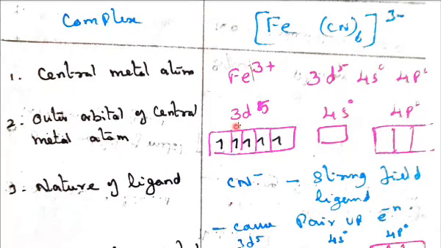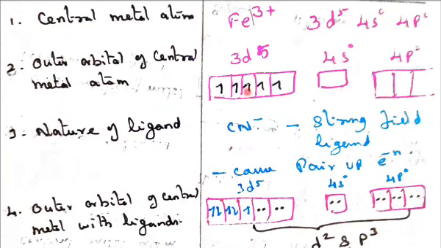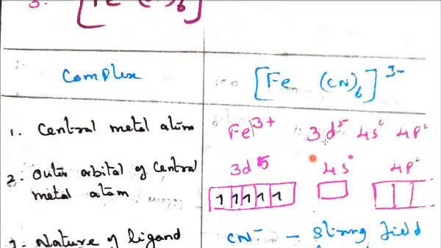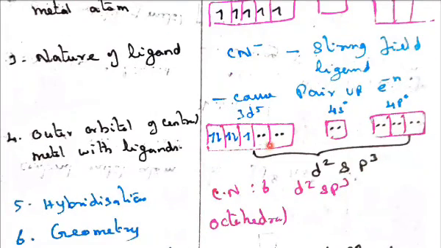So this will exchange here and these two, like that 2, 2 will get it. So after exchanging all these, one will pair up, and one unpaired electron is left out. So here we need 6 places, because we have 6 ligands, 6 cyanido groups. So occupying 1, 2, 3, 4, 5, 6: in d2, in s1, in p3.